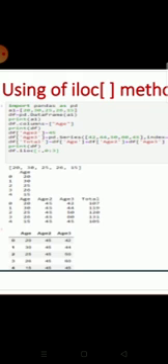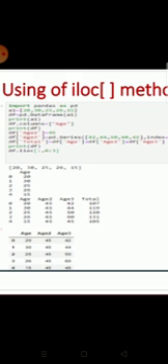Now df dot iloc. See this line carefully. iloc, starting with colon. Colon means the whole values we have to fetch. But from where to where? 0 to 3. See, 0 to 3. So how many columns now? First one is index 0, age 1, age 2 is 2, age 3 is 3.